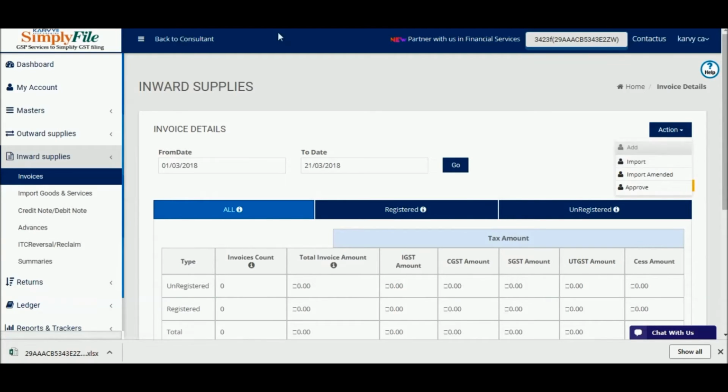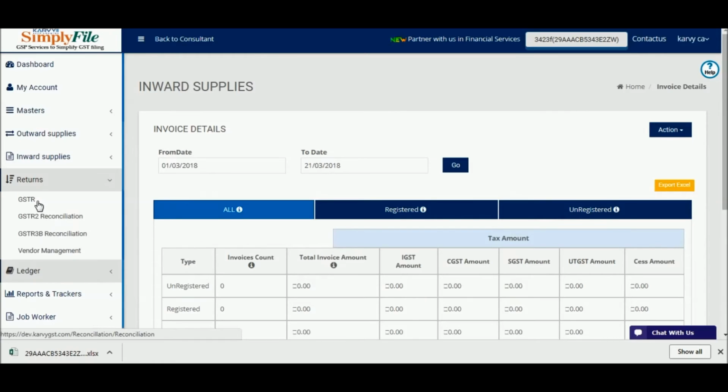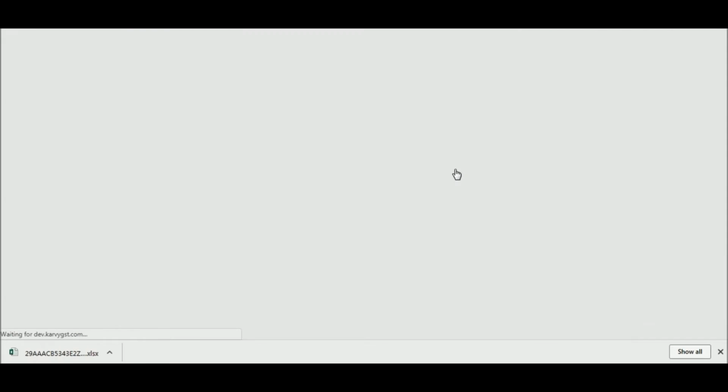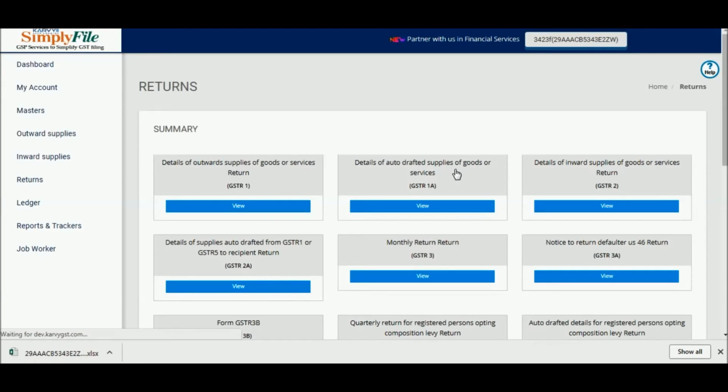Next comes returns. Once you have recorded your outward and inward supply data in our ASP solution, the GSTR forms get auto-populated, which means there is no need of any manual calculation.